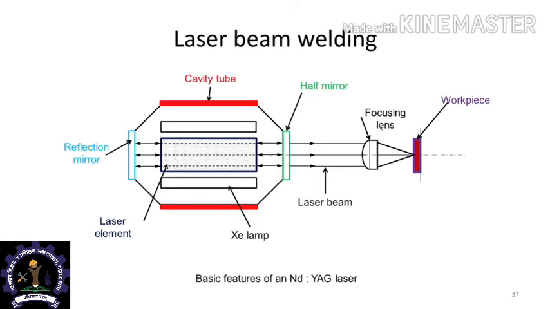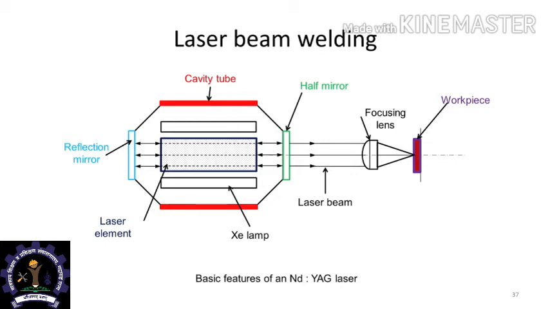Here is a schematic of laser beam welding, and here we see that light is fed into a cavity where internal reflection is going to happen, and then a coherent beam is going to emerge, and it is focused by a set of lenses to form an intense beam on the workpiece. And the lenses can make the beam come in a particular distribution, and the workpiece can then be moved along to create the path for the welding process to take place.